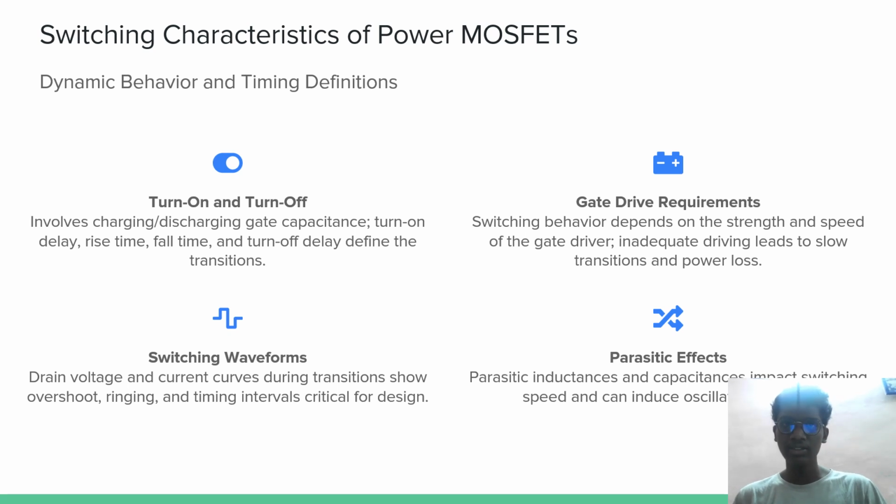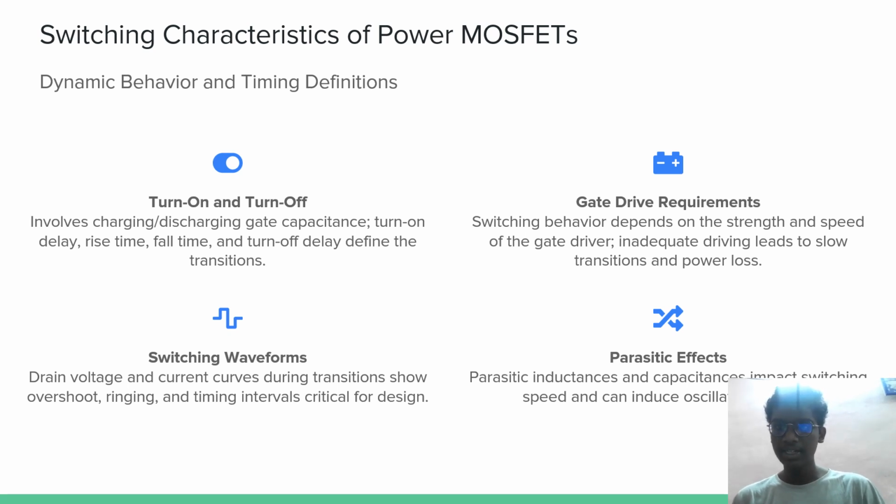Switching characteristics of power MOSFETs. Dynamic behavior and timing definitions. Turn on and turn off. Gate drive requirement. Switching waveform. Parasitic effect. Turn on and turn off involves charging and discharging gate capacitance. Turn on delay, rise time, fall time, and turn off delay define the transistor